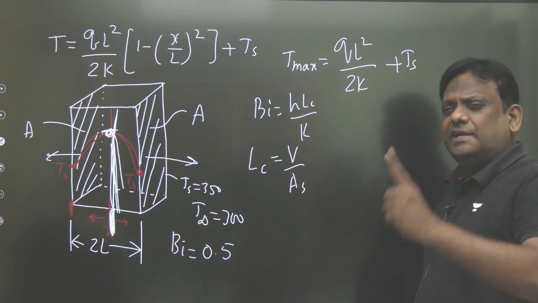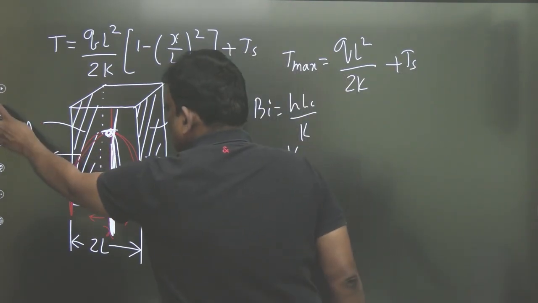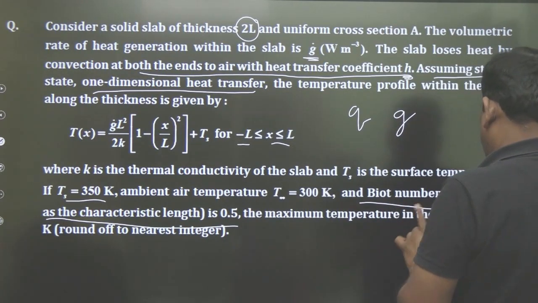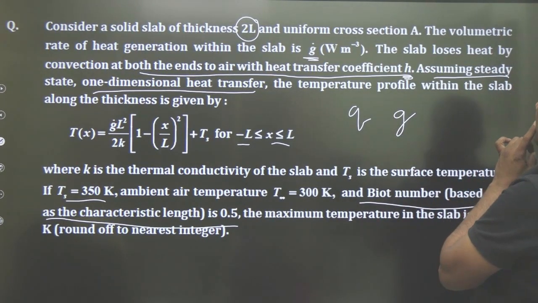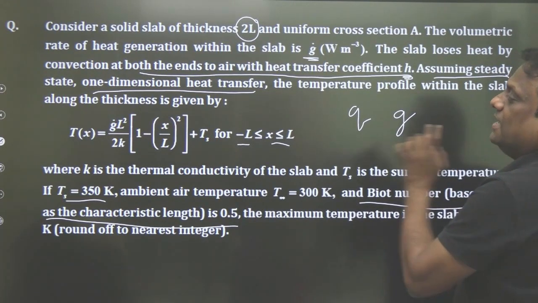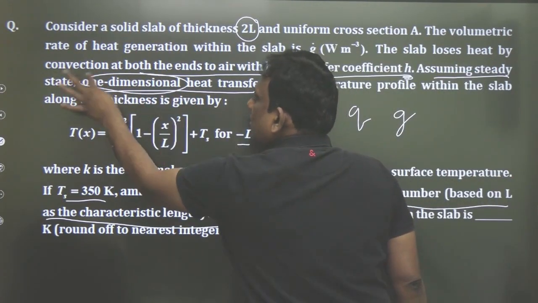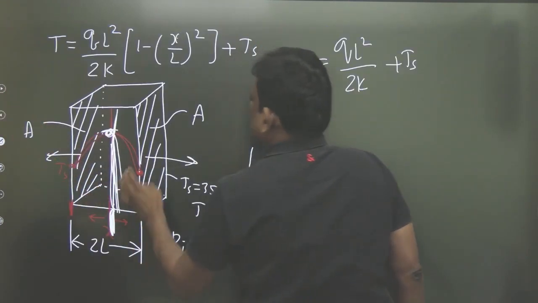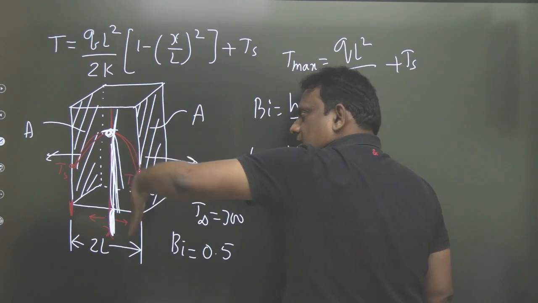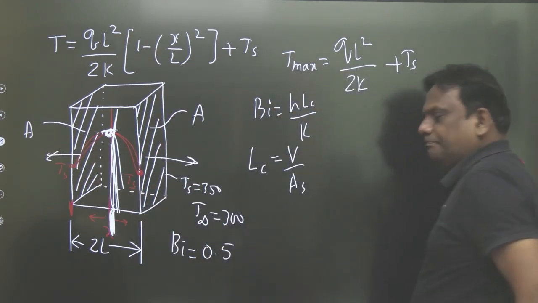He clearly said it is one-dimensional. एक बार देखना question को. एक बार देखना. Please listen carefully. कहाँ पे है? Somewhere he has given one-dimensional. Somewhere it is given. Yes, one-dimensional. So therefore, heat is transferred only in this direction. No heat is transferred in this direction, one dimensional. Okay. देखो एक बार.